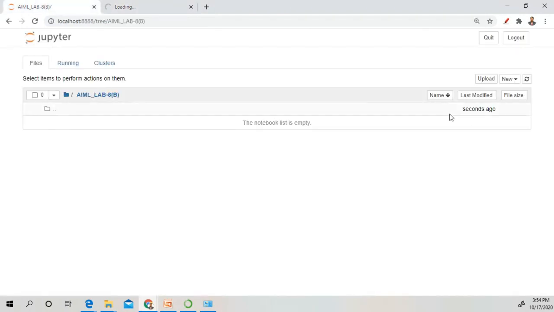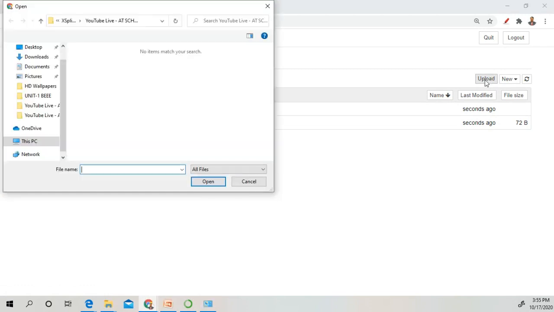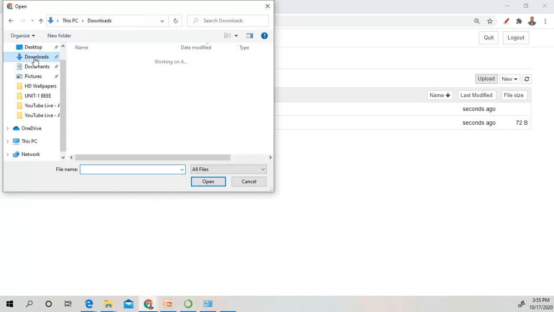And if you want to open some existing file, then how can you upload those files? Here is the upload button. With the help of this upload button, yesterday I sent you one ipynb file. You have to click on this upload button and go to the download folder.